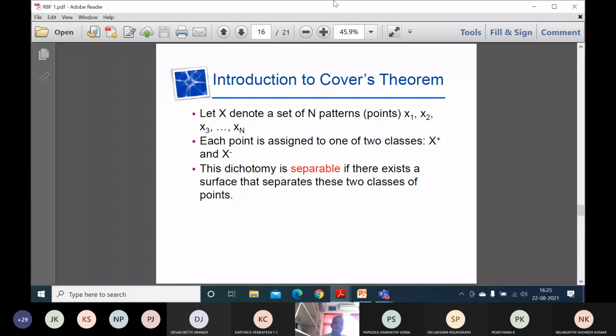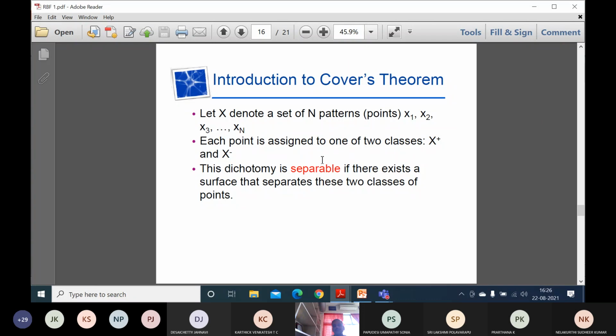So let X denote the set of n pattern points, small x1, x2, x3 up to xn. Each point is assigned to one of two classes, one may be the positive class, the other the negative class. So if I divide these two classes, X plus and X minus, and if this dichotomy is linearly separable,